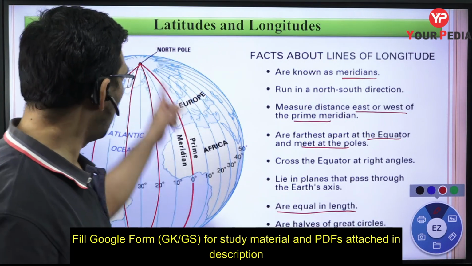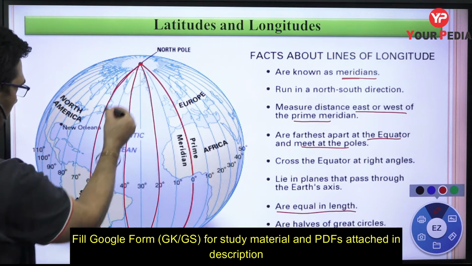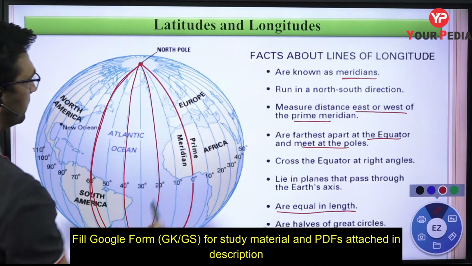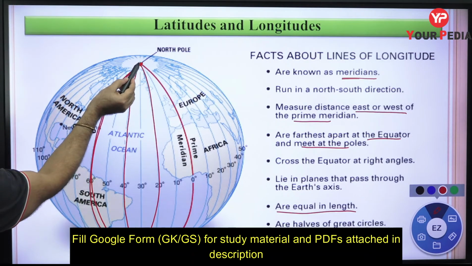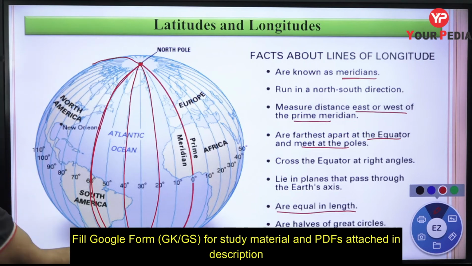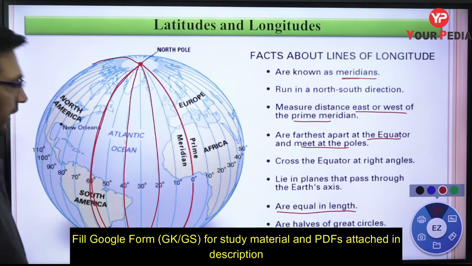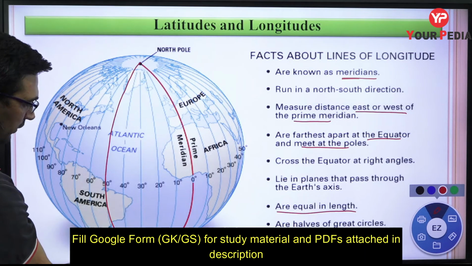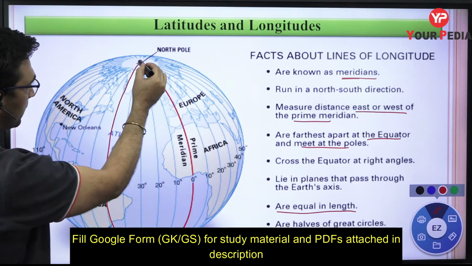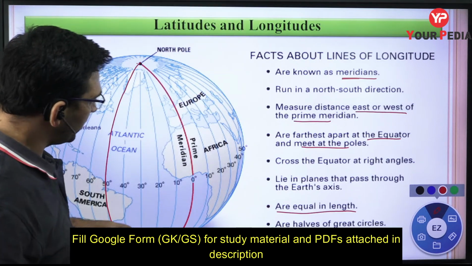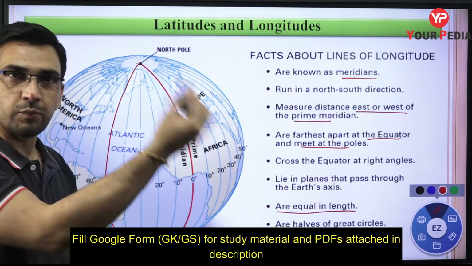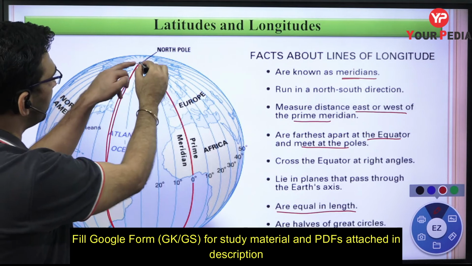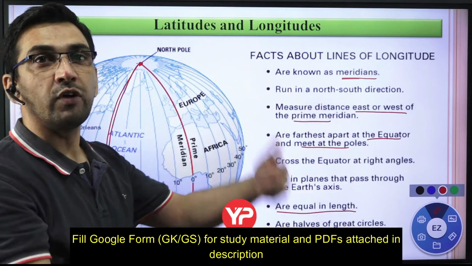Now, all meridians. Which meridian is this? It starts from here and goes only up to this point. You could have another one if I extend it towards the other side, its back side. For example, this is your prime meridian. You could have the curve on the back side also, meeting down there also. So what will this become? It will become a full circle, right? If we extend these meridians, a meridian is only from this location north to south. If we extend this curve to the other side of the sphere, you are going to have another meridian, and then it will become a complete circle. So two meridians, this meridian and the meridian on the back side of it, make one circle.